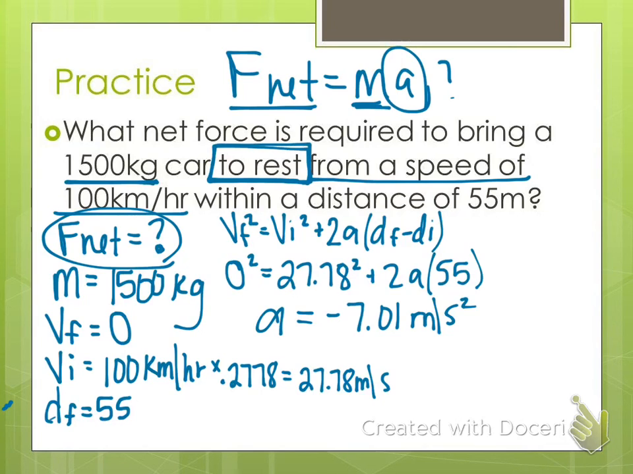Do we agree, therefore, with our acceleration? What was it? Negative 7.01. Does that make sense that our acceleration is negative? Yeah, we're moving in the positive direction and we're slowing down. So our acceleration and our velocity shouldn't match. So now we can take our F net equation and plug in mass times negative 7.01 and give us a net force equal to